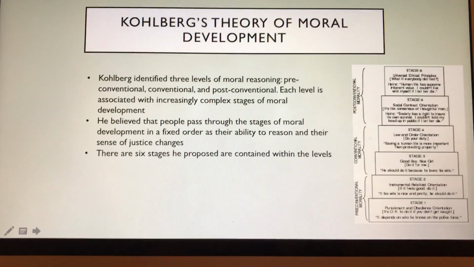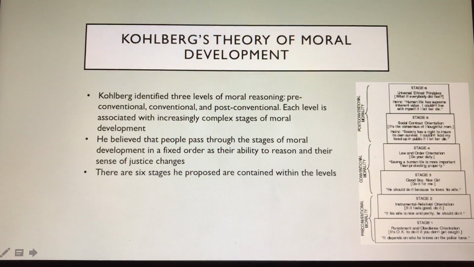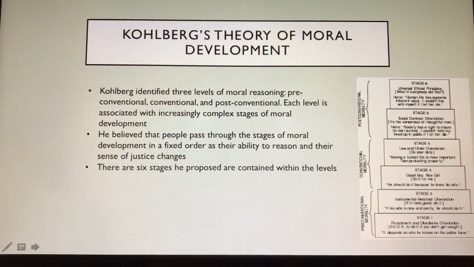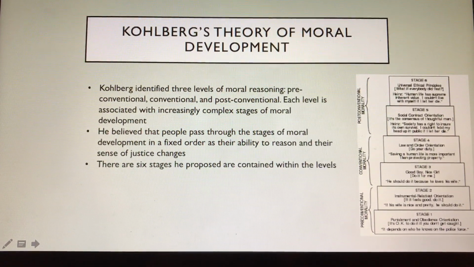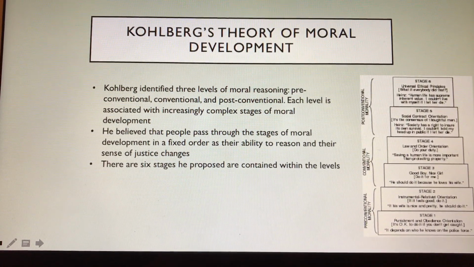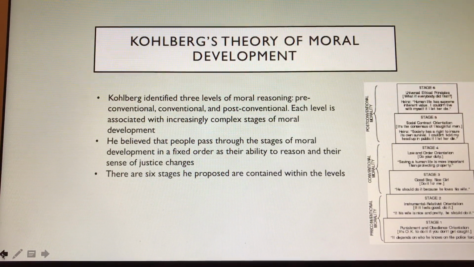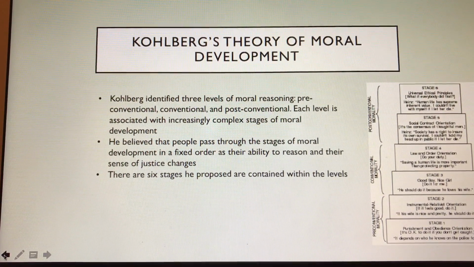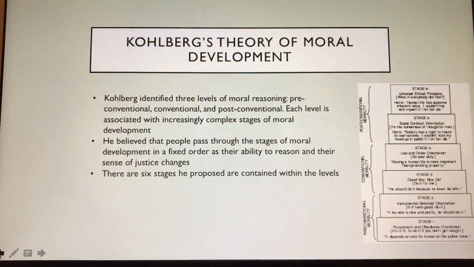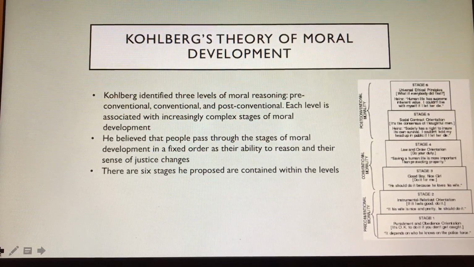My next theory I will talk about is Kohlberg's theory of moral development. Kohlberg identified 3 levels of moral reasoning: pre-conventional, conventional, and post-conventional. Each level is associated with increasingly complex stages of moral development. He believed that people pass through the stages of moral development in a fixed order as their ability to reason and their sense of justice changes. There are 6 stages he proposed are contained within the levels. And this picture I have included on this side kind of explains